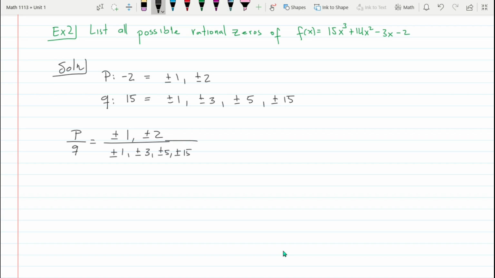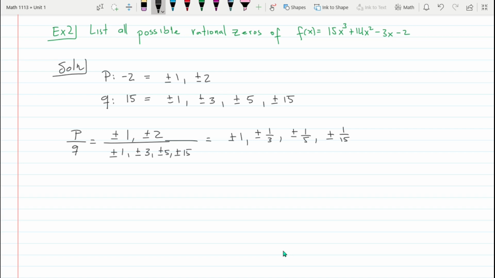Okay, so this breaks up into plus or minus 1. So 1 divided by 1, 1 divided by 3, so it's going to be plus or minus 1/3, then plus or minus 1/5, plus or minus 1/15,